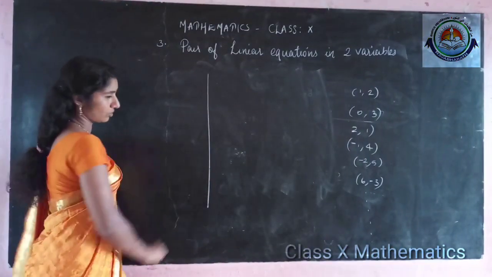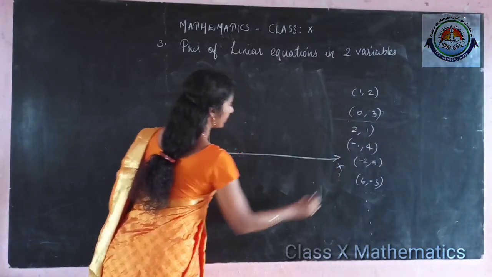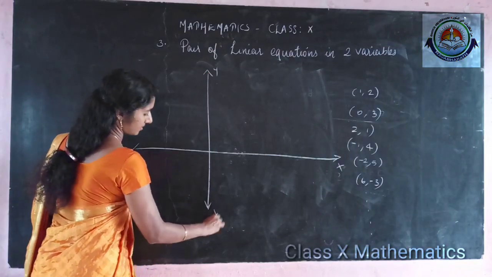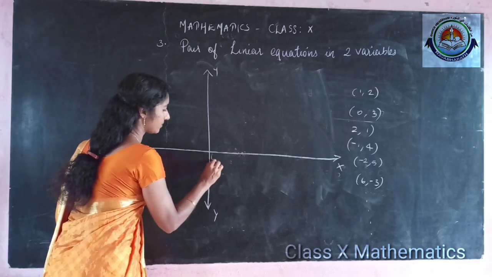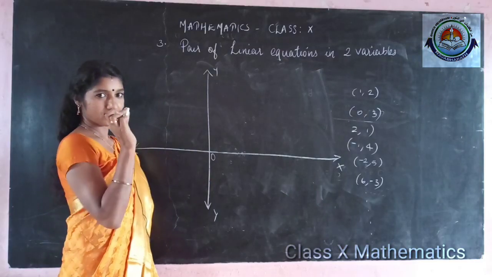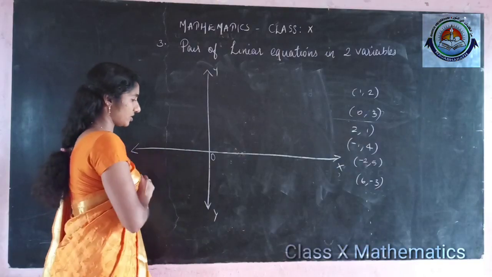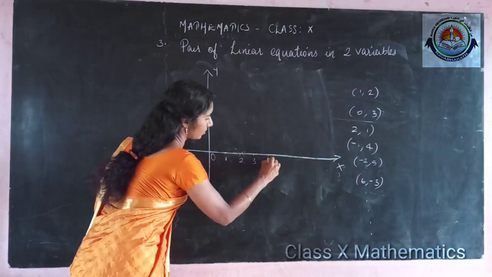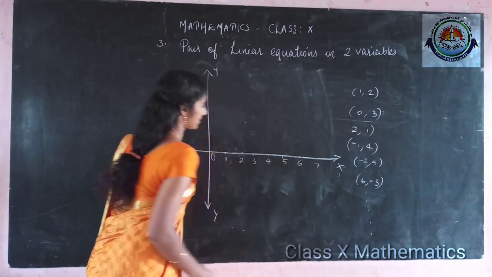For that you need to draw one y-axis and x-axis. This is our x-axis. This is our y-axis. And this is negatives marking. And you know, in the Cartesian system we are marking 0 at the intersection point of the x-axis and y-axis, or we will call it the origin. This is 1, 2, with equal width you are taking to mark each unit, 5, 6, 7.